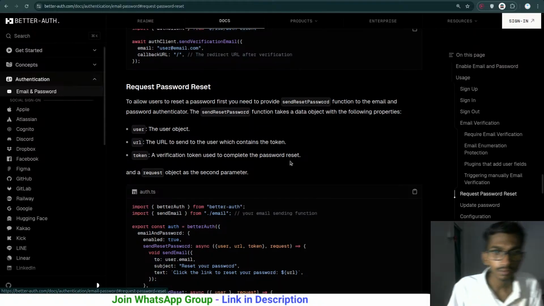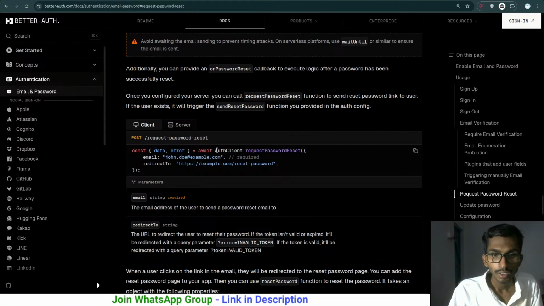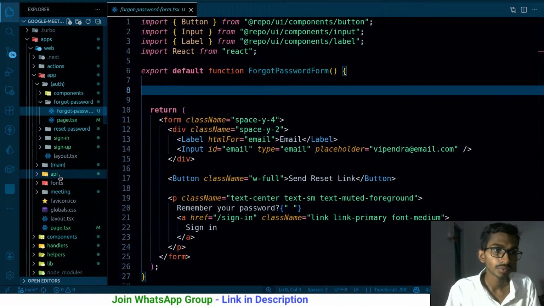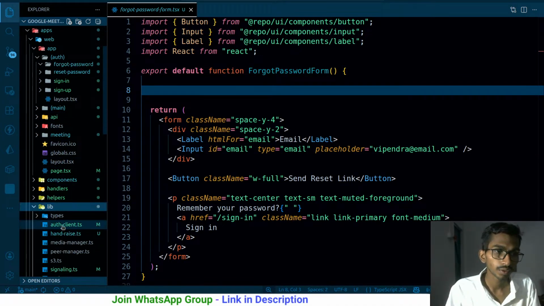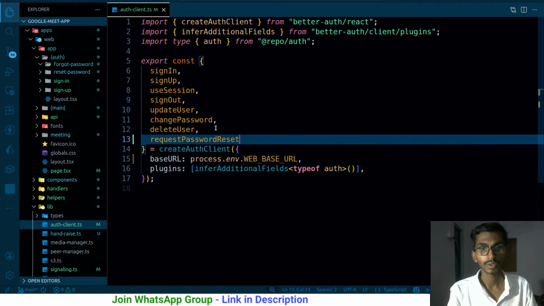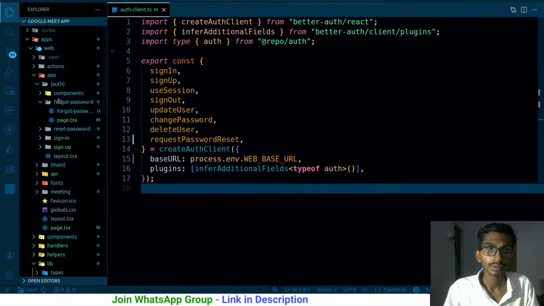This was the thing that I was working with. And over here, okay, this thing is already done. Await a request password reset. So I need this particular one, let me go to lib first of all, auth client, and over here I need one more method, request password reset. It is already being exported, and as it is already being exported, in that case I can